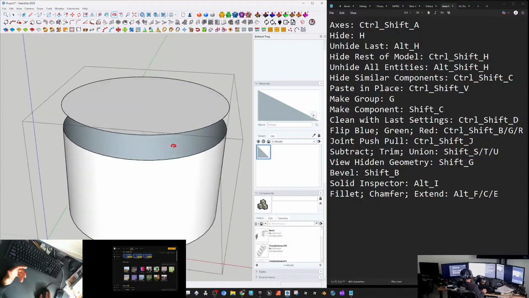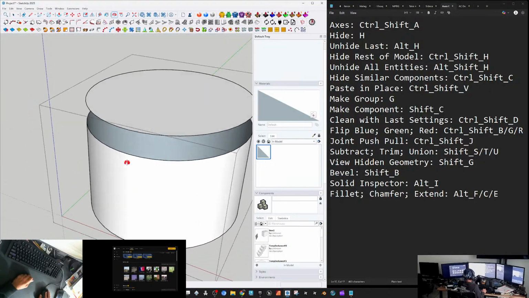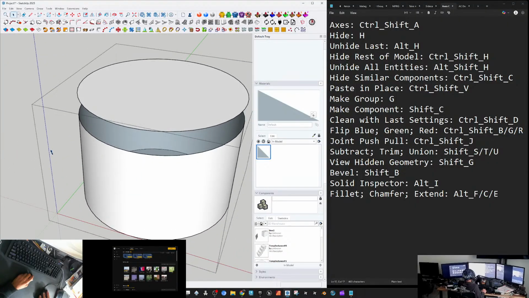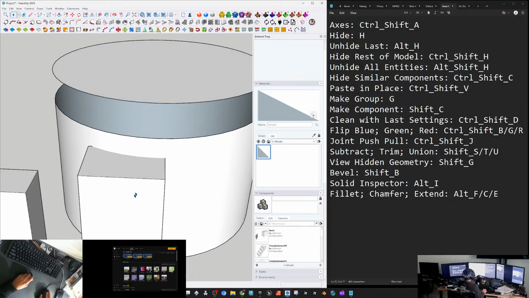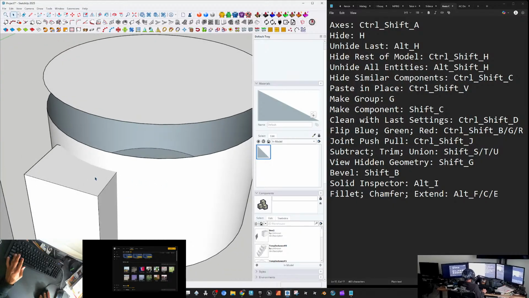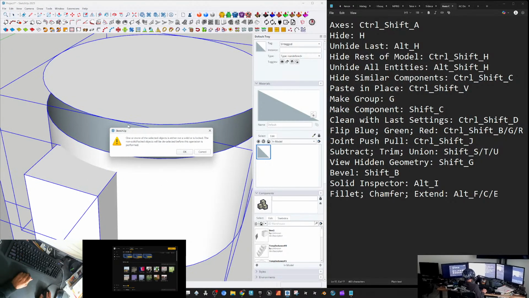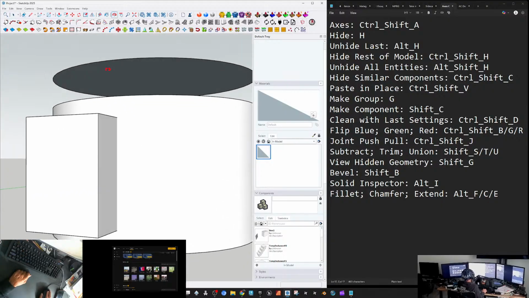And it looks like I opened a can of beans or something, can of cat food or something, right? Dog food. If I wanted to perform that Boolean operation, Shift S, it's going to say one or more of these objects is not a solid or locked. So I say, okay. If I go back and hit undo and then escape, I can try this again, but